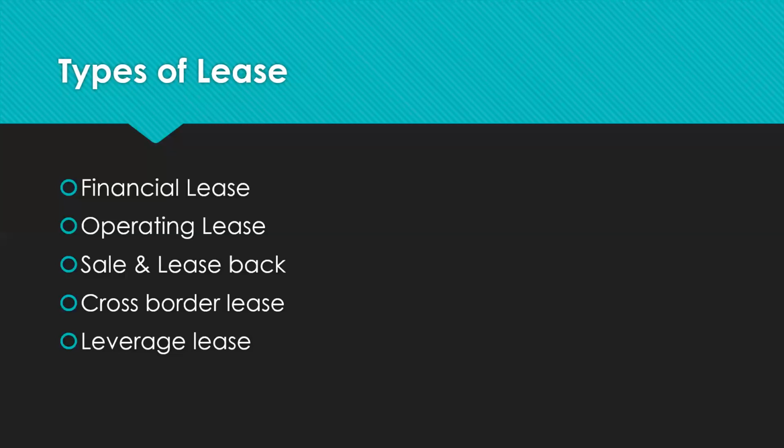So instead of investing in that particular asset with his own funds, he's going to borrow some funds and then invest it. So 20% or 30% of investment will be made by this person, and the remaining investment on the asset will be made by some other institution, financial institution, or a group of persons, or a single person. And then for that 80% of investment, interest will be paid by the lessor. Okay, so the lessor is borrowing the funds to purchase the asset.